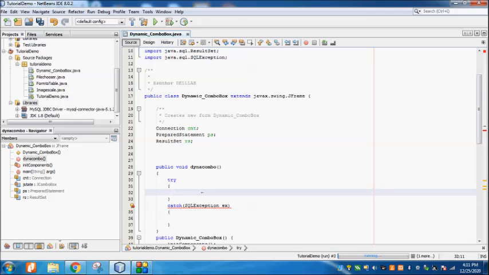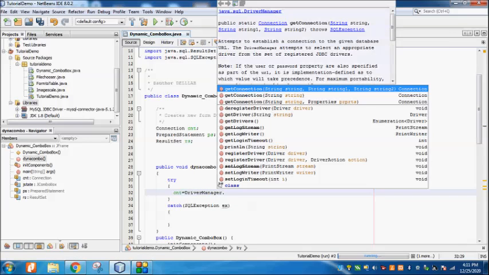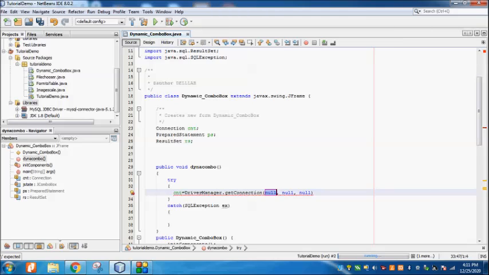Now I'll go to the try block. I'll initialize all these variables. So cnt is equal to, I have to make the connection, so DriverManager.getConnection. I have to mention the path of my database.